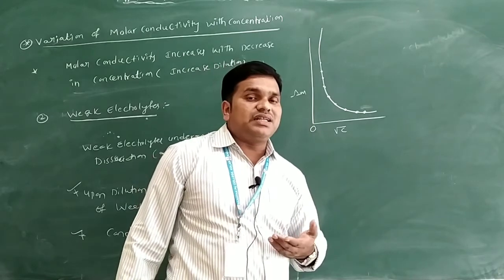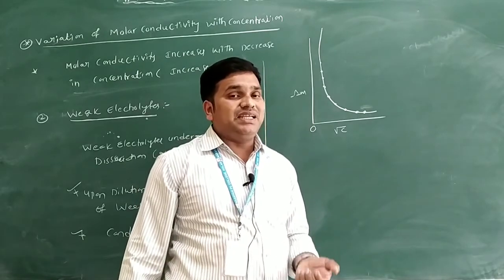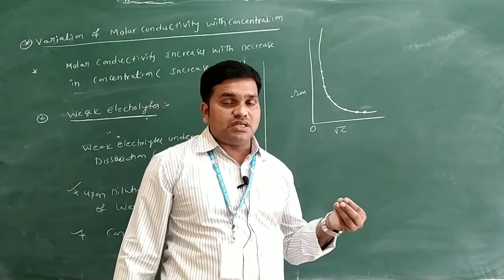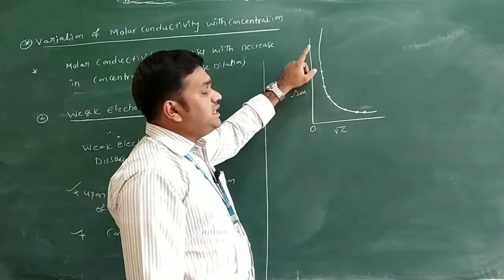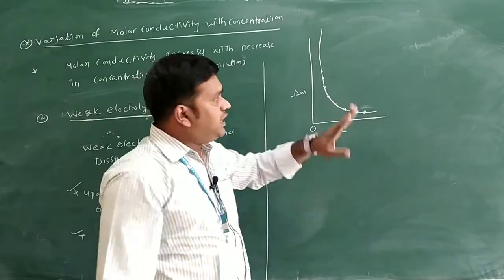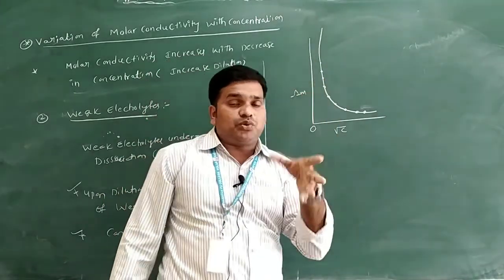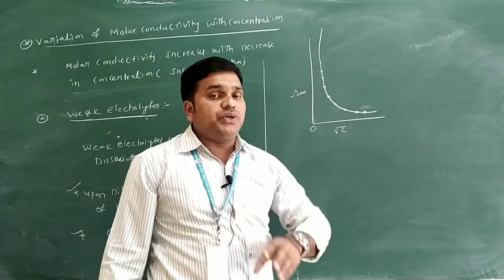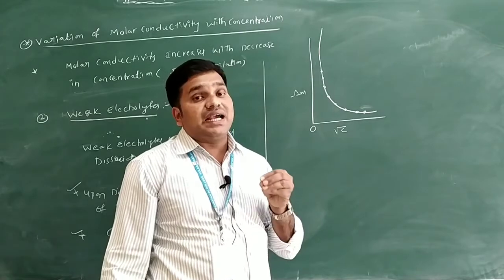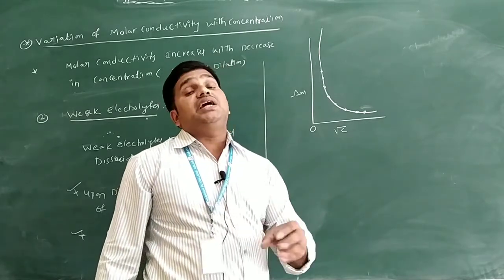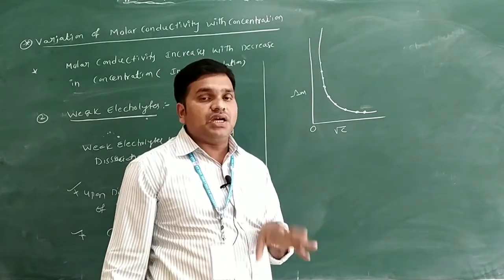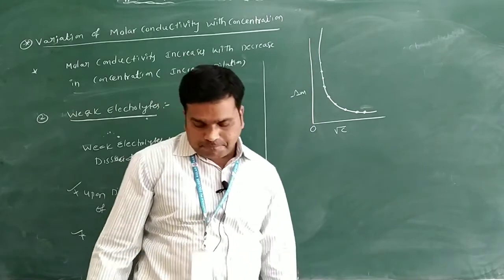We can increase the concentration, the molar conductance increases, and the increase is more when compared to the strong electrolyte. But in case of this weak electrolyte, as the molar conductance increases with concentration, it does not approach zero concentration. You can extrapolate the graph also, but it does not approach the zero concentration value. From this we can say the limiting molar conductivity cannot be identified easily from the graphical method, particularly for weak electrolytes. So we identify the limiting molar conductivity for the weak electrolyte by the indirect method only.